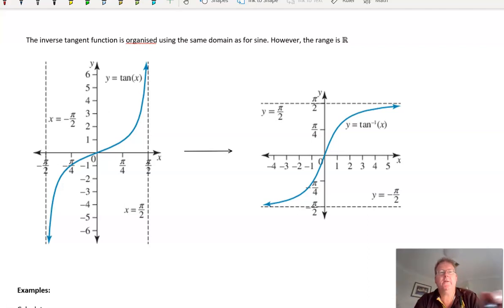This time, however, there's a slight difference in the fact that its range is all the real numbers. And we've got asymptotes at minus pi on 2 and pi on 2. So we're approaching those values but never actually reaching them. We're going to get closer and closer and closer. So theoretically, the range will be quite